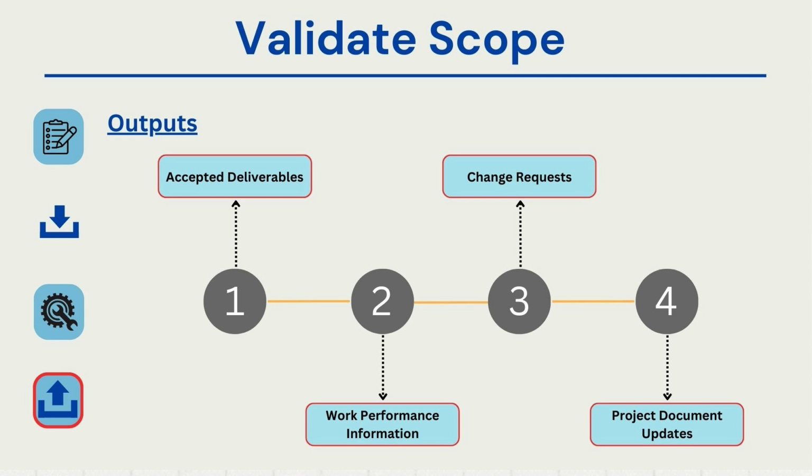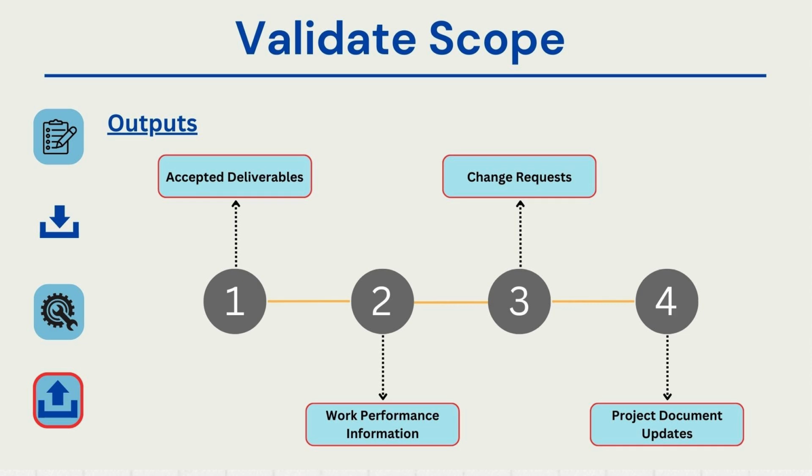Typically, what happens is you're showing the deliverable to the customer, and you're trying to show that it meets acceptance criteria, but there could be changes. Based on what you have shown, the customer might suggest a few changes. That might be part of a change request, which will follow the change request cycle, and certain project documents will get updated, like the lessons learned document or the requirements document. Or even the requirement traceability document would also get updated if required. So, this is what we can expect out of the validate scope process.